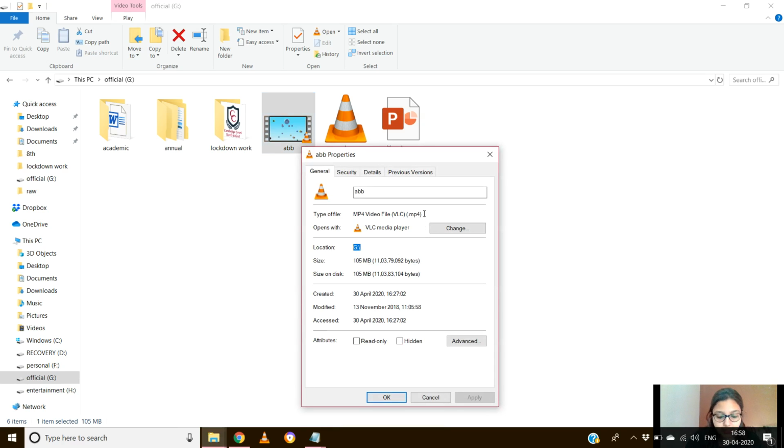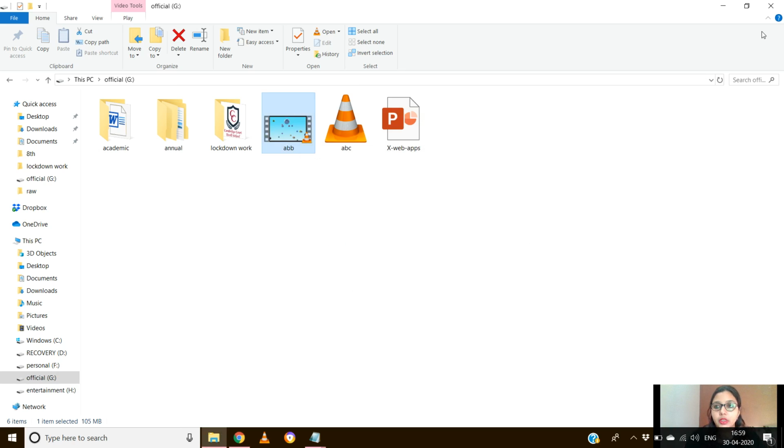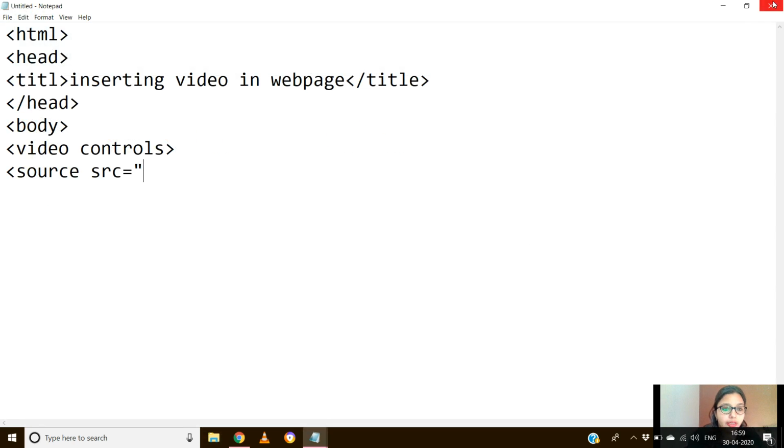As you can see here, this is the file format of the file which you are going to insert. This is mp4, which means that it is a video. Let us copy the location now, Control C. Now I'll be putting this, Control V.